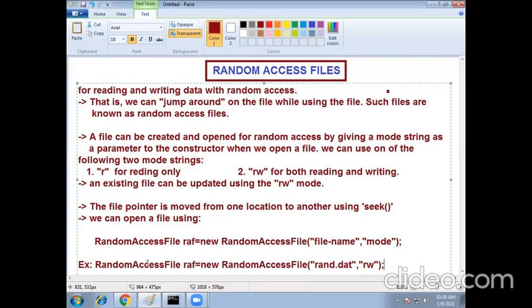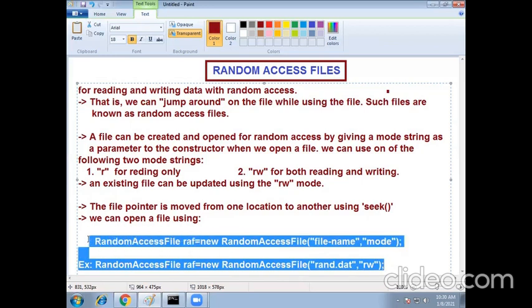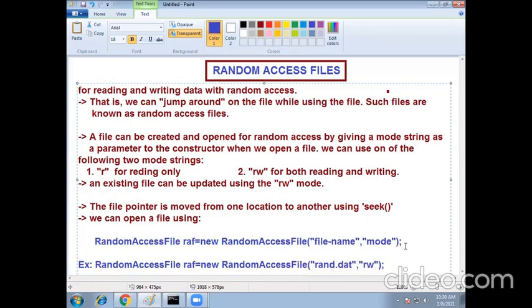Rand.dat, comma, here the mode is RW, read and write modes. This is the way of creating a RandomAccessFile RAF. So please note down these important points, and then we'll move on to an example.